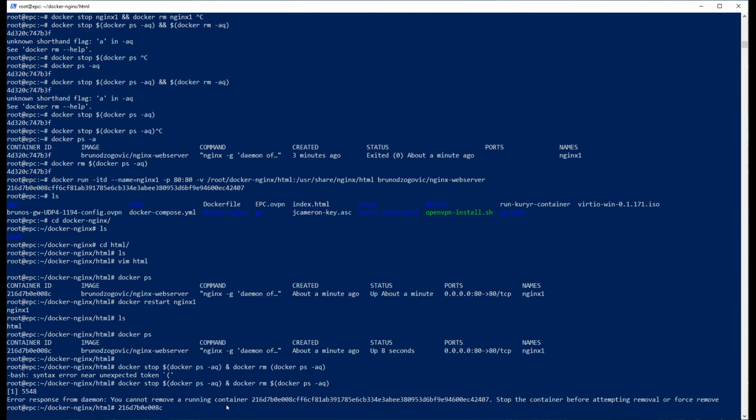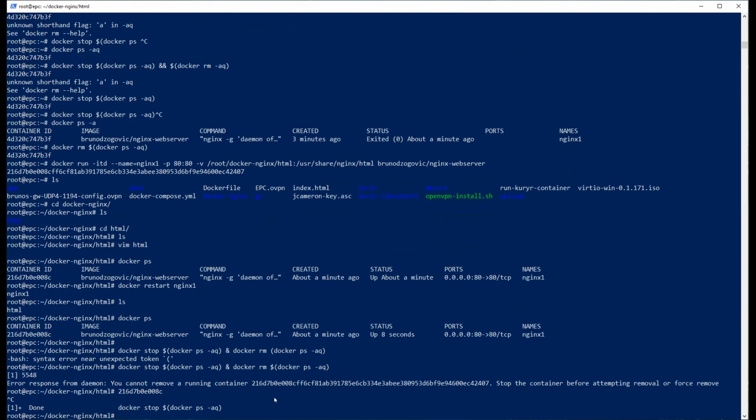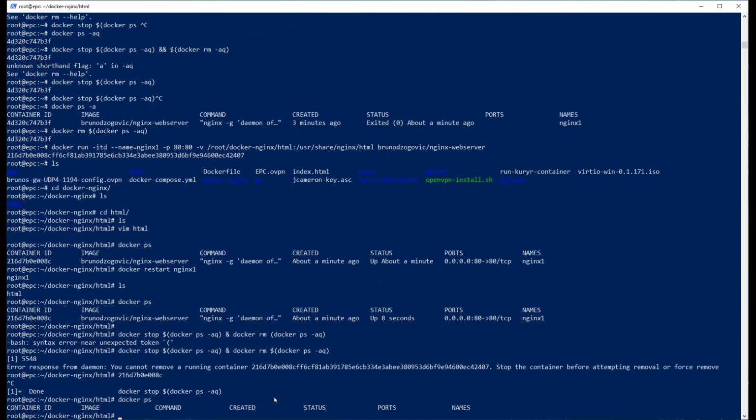Something's going on. It says error response from daemon: you cannot remove a running container. Well, we can check what's going on. It's removed. Okay, well, that escalated somehow. Things like this happen. But you can always remove forcefully. It's not recommended, but in cases where something doesn't go, you can just rm -f.